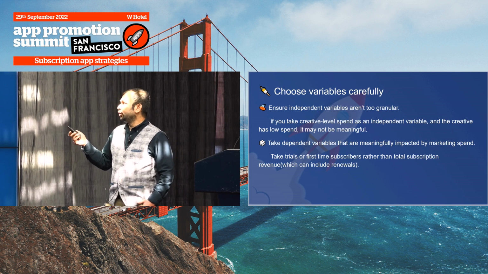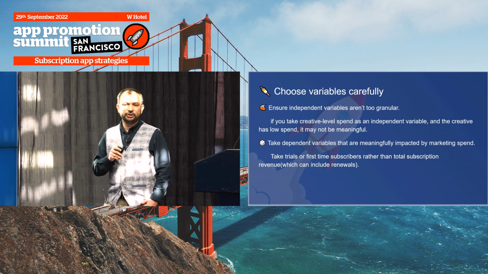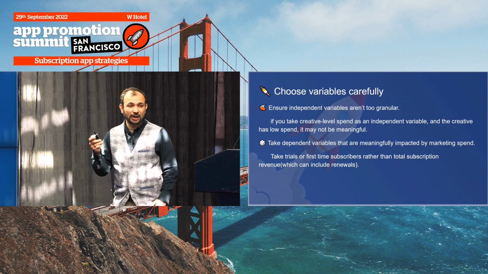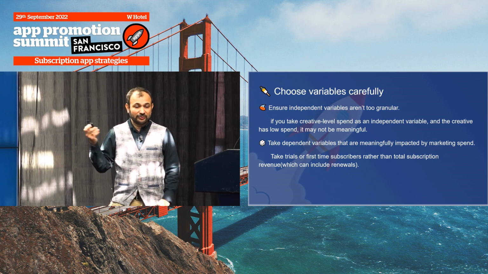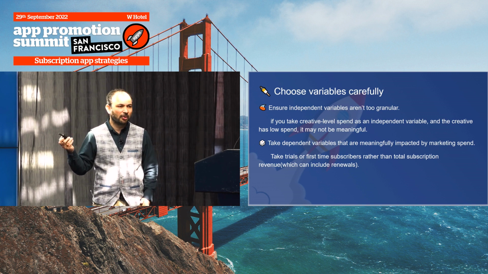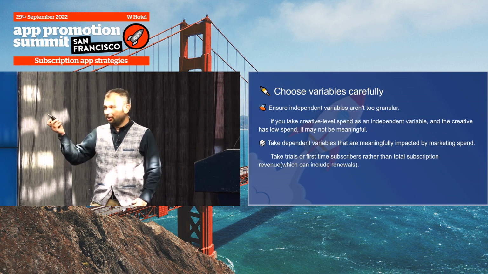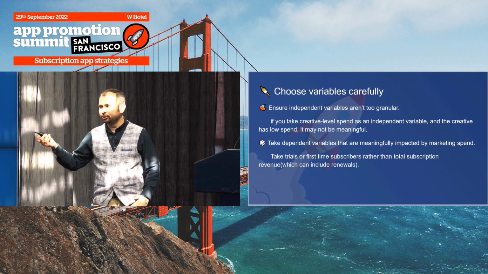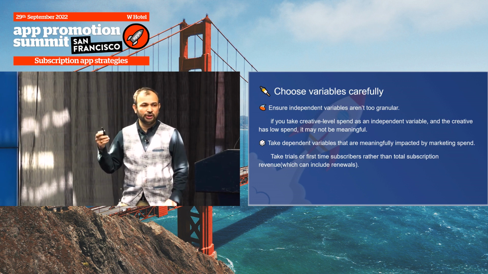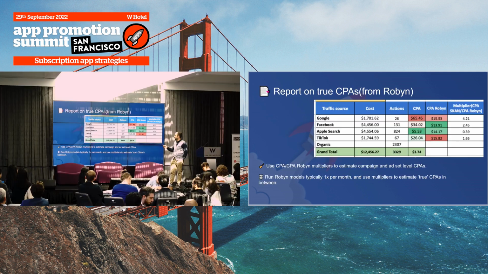So these are some of the ways you make sure you're not getting garbage in, garbage out. Because oftentimes we've just taken models. We've seen just bad accuracy from the models, and that's just because we haven't followed some of these practices. We've taken either total revenue, or we've taken like all geos, and in those cases, you're just not going to get enough accuracy for your models.